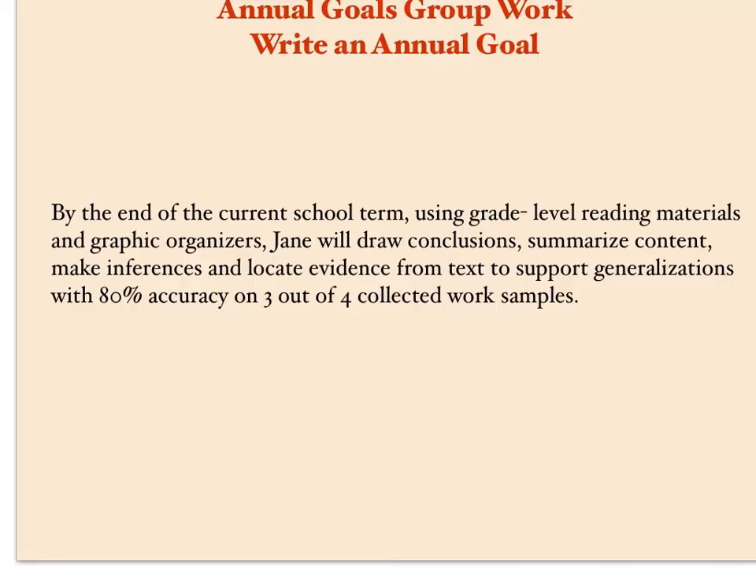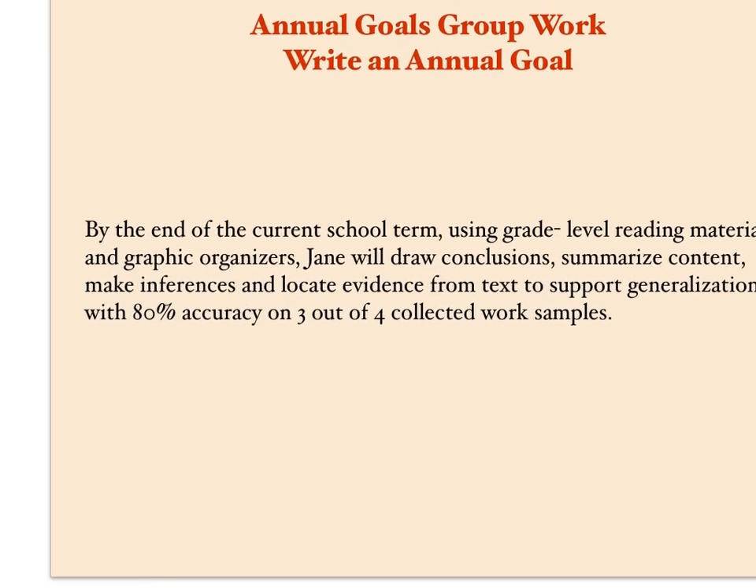So let's take a look at the completed annual goal for Jane. Remember, we're taking a bunch of information. We're taking the PLOP statement, which is the present level of performance. We are taking student grades, student work, parent information, your information, standardized assessments. We're doing a variety of things and we've developed a PLOP statement. And from that PLOP statement and all this other data, we are now, based on the standards of the state, coming up with an academic goal. By the end of the current school term,